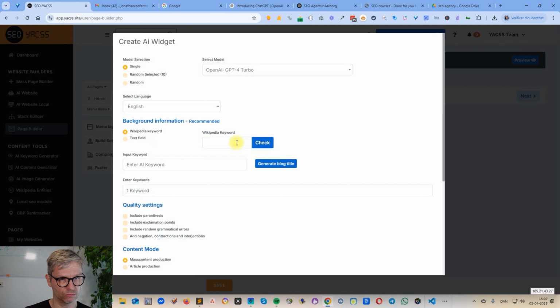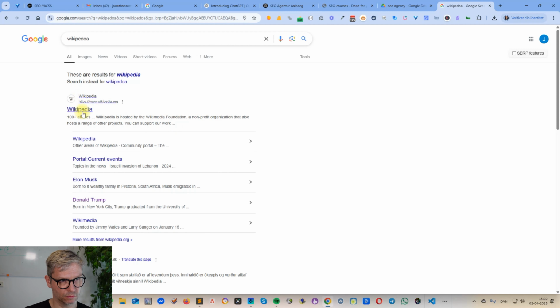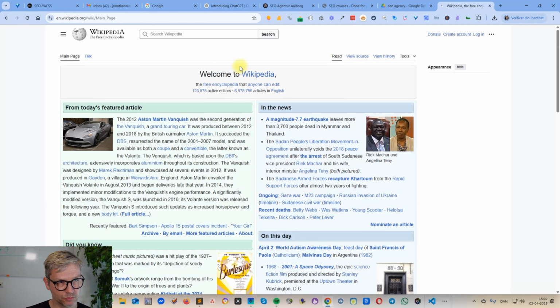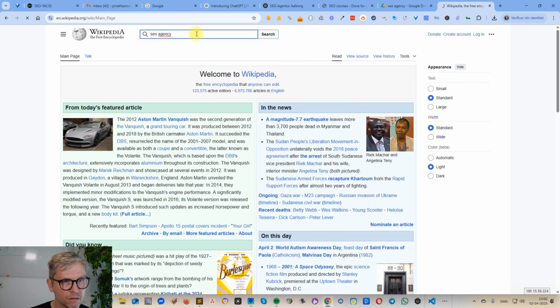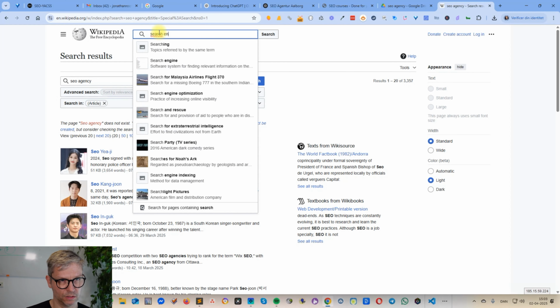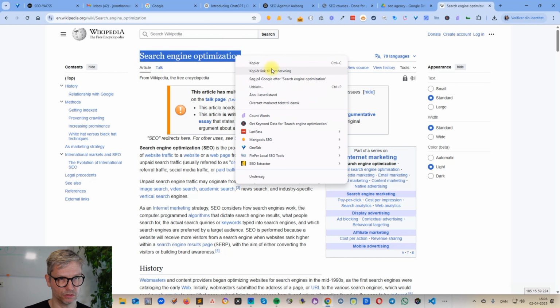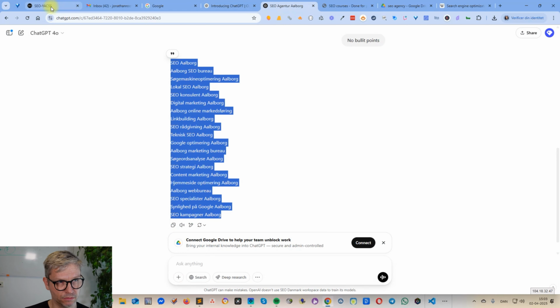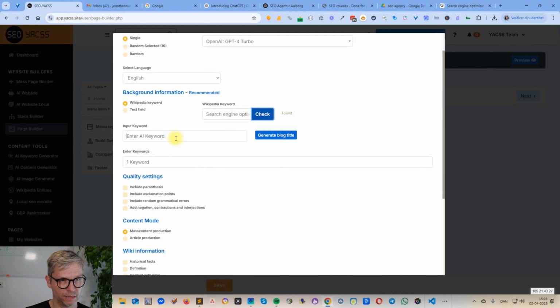Let me just go to Wikipedia. Let me go to the English Wikipedia for SEO agency. Is there a page called SEO agency? Search engine optimization. So there is actually this page called search engine optimization. Let me copy this here and go over to Wikipedia, check,